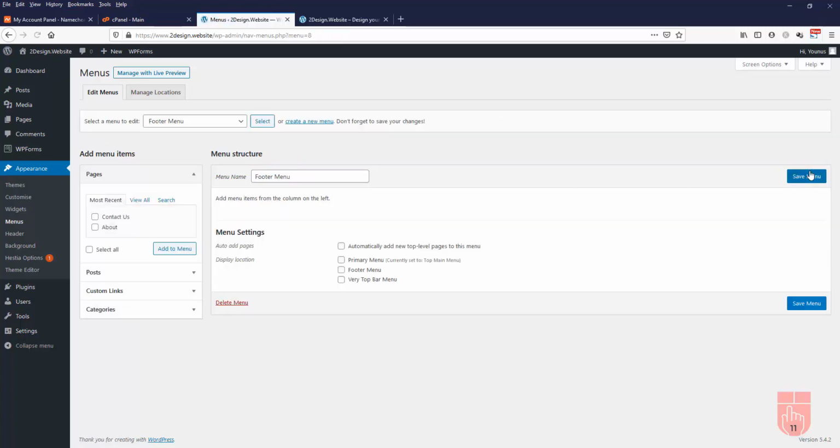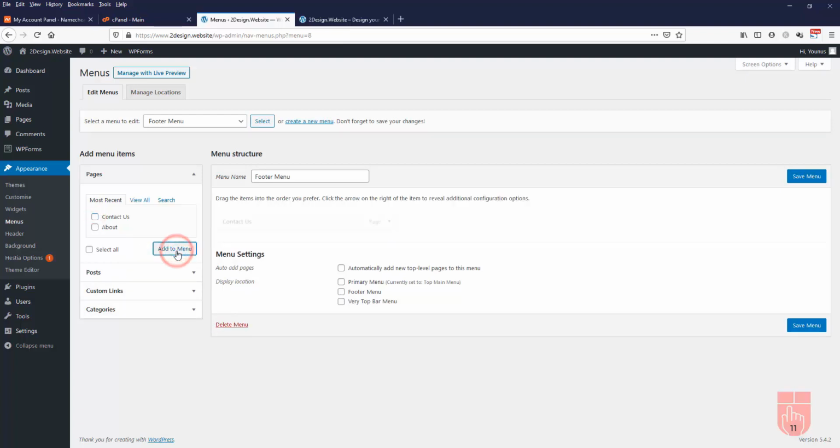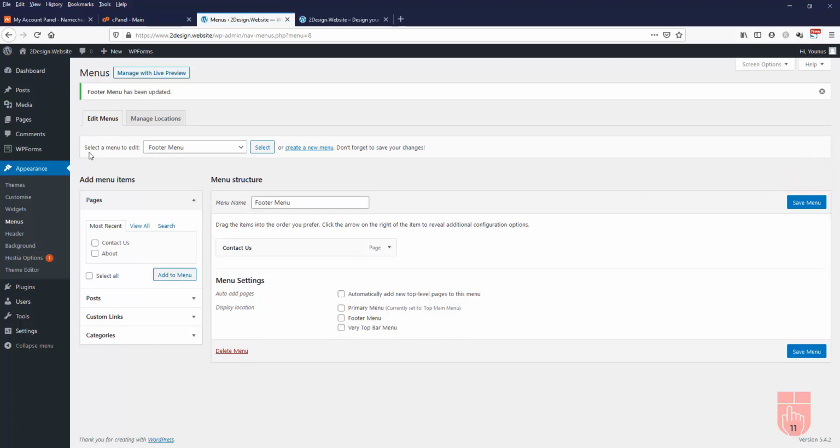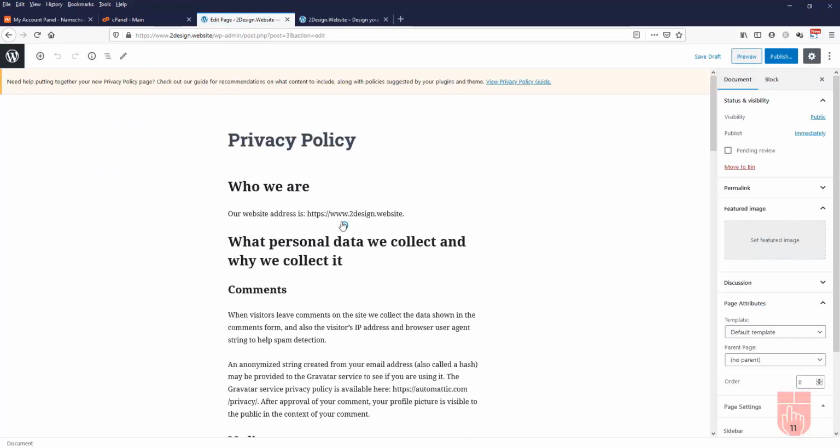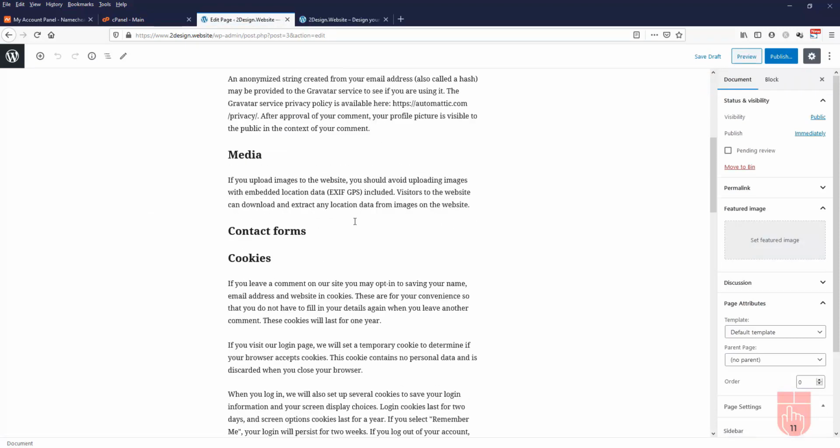Click create menu button. Now on this page, I like to display contact us and also a privacy policy, which is not activated yet. So I'll save it as it is now. Then I'll go to my pages and I will open my privacy policy, and I'm going to